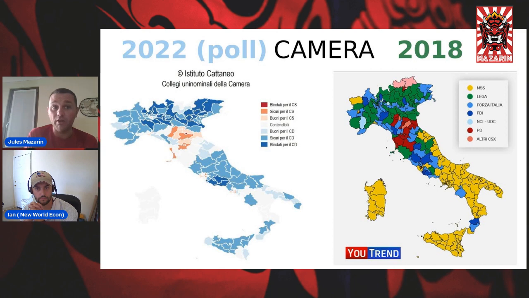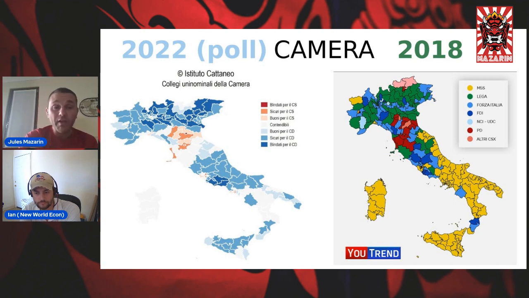You see that the yellow was the Five-Star Movement. You see that the center south and Sardinia was completely yellow. So the unknown of this election is who will be voted for by these people, because the north will be, let's say, a little bit